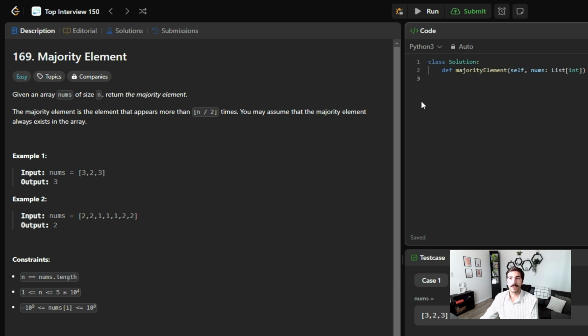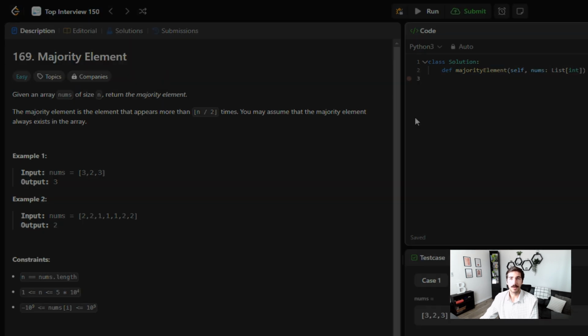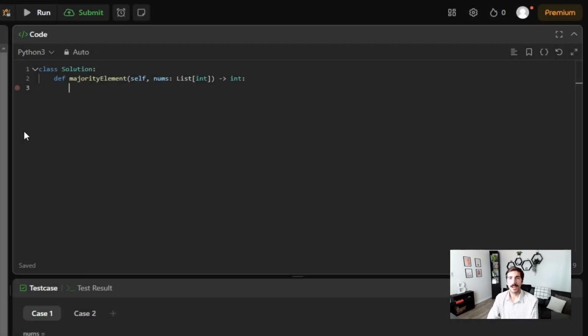So let's go ahead and take a look at the first approach, which is actually going to be the easiest approach for solving this problem. All right, so the first approach here is going to actually be a sort algorithm. So what we would do is we'll see the number of elements in this list. So we'll say n equals the length of nums. Now that we have the length of nums, we want to sort this list of nums. So we'll do nums.sort. Now that we have our nums array sorted, we can actually just return an element from that. So we'll do return nums,